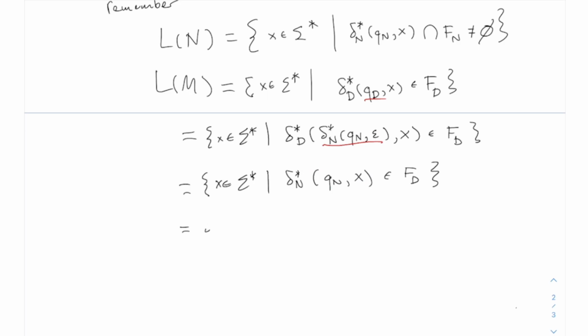I'm going to write that. Delta star n q n x intersect Fn, not empty. All right? Because that's what it means to be in FD. FD is the set of all things for which intersect with Fn is not empty. So,